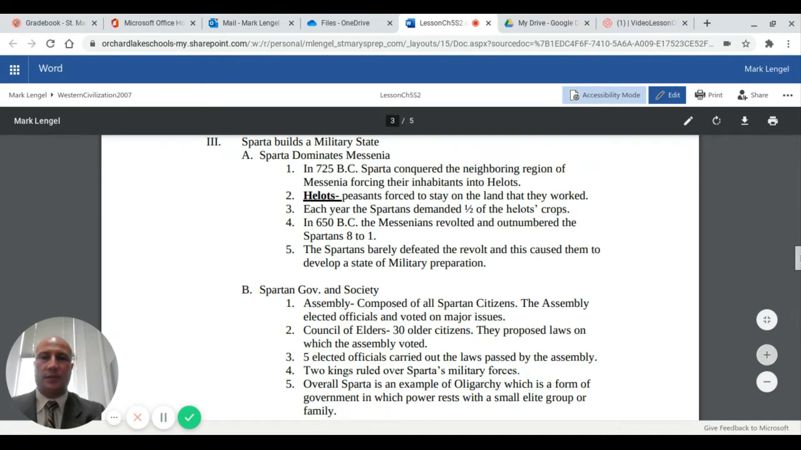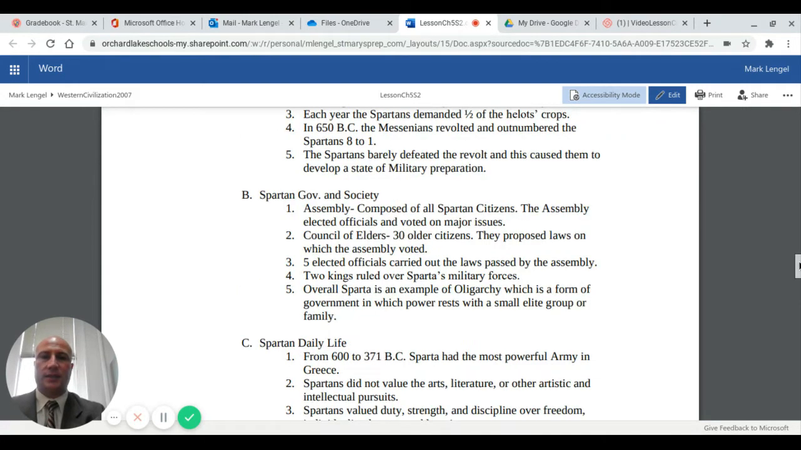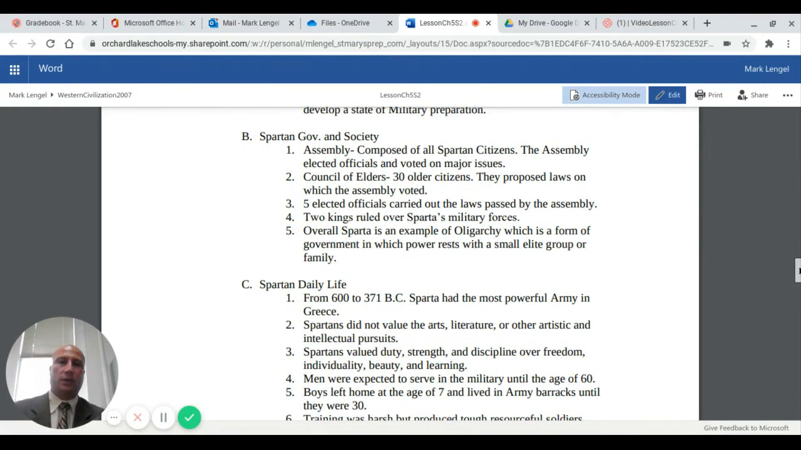Next is Spartan government and society. Basically, they had an assembly which was composed of all the Spartan citizens. This assembly elected officials and voted on major issues. They had what's called the Council of the Elders, which was 30 older citizens. They proposed laws on which the assembly would then vote. They had 5 elected officials that would carry out the laws passed by the assembly, and 2 kings that ruled